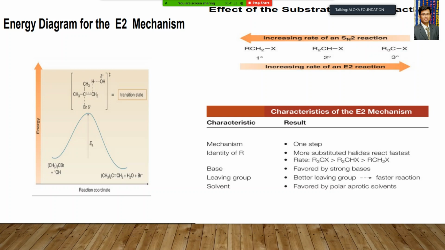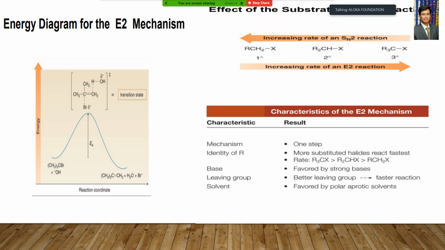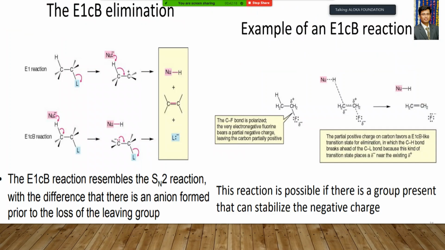Why are you using a polar aprotic solvent? So that there is no hydrogen bond formation that will destabilize your transition state. If you do a reaction in a polar aprotic solvent, you get an E2 mechanism, and if you do it in a polar protic solvent, you get an E1 reaction. So this is the difference between E1 and E2. So now let's go for